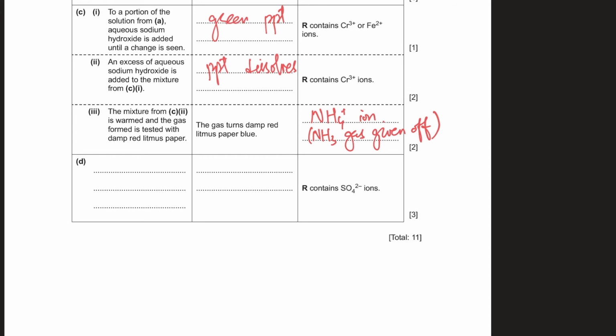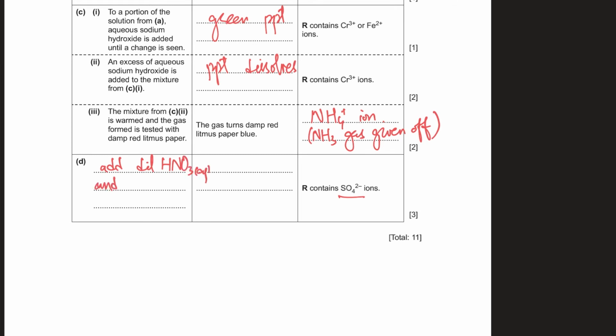All right, next we have sulfate. Now for the sulfate, what we do is we add barium nitrate, because barium is an ion that forms a sulfate precipitate. But we also need to make sure that we are adding some nitric acid to make sure there is no carbonate present, because that might also produce its own set of precipitate. So add dilute nitric acid,